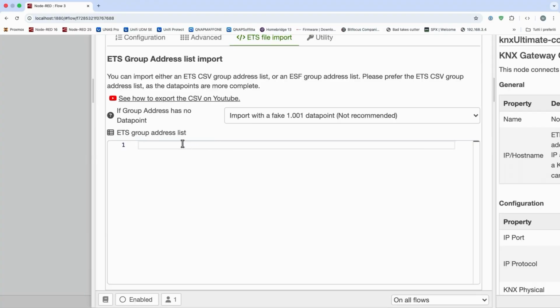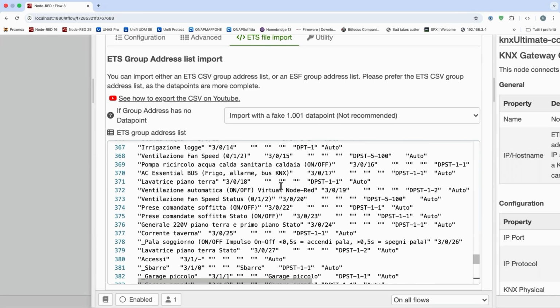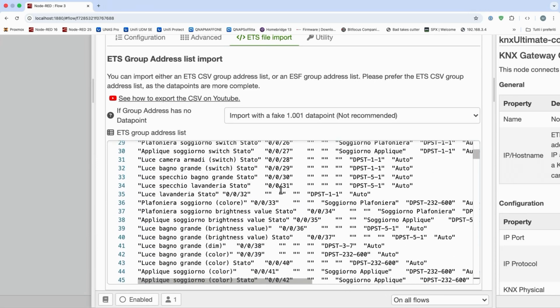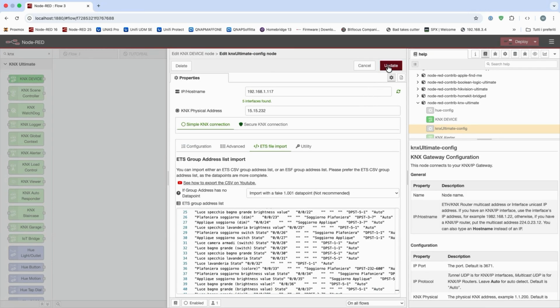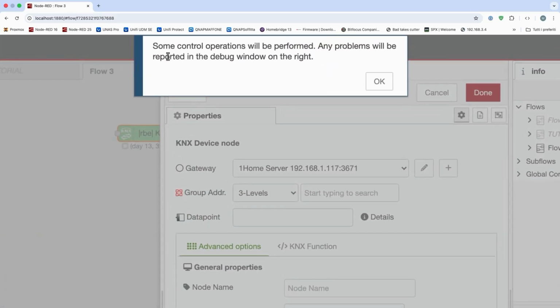Having the CSV file exported by ETS, you can simply paste it here. You will see all your group addresses. Then click update, and Advise will inform you that some control operation will be performed.